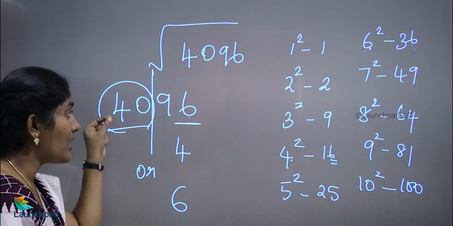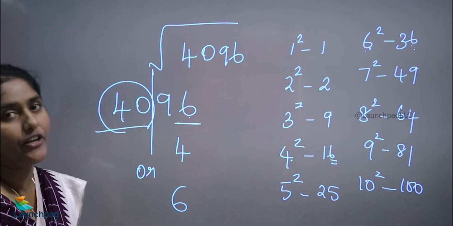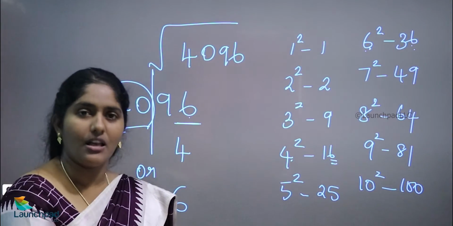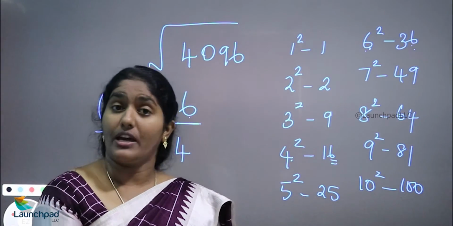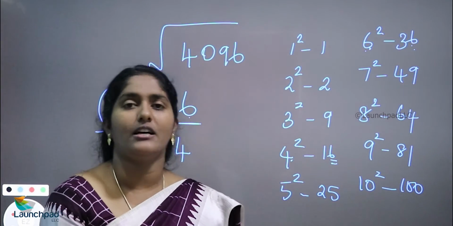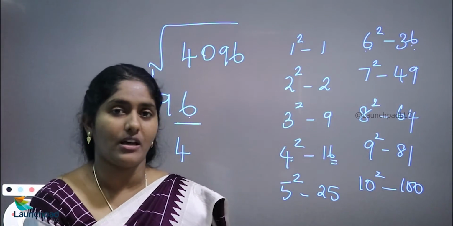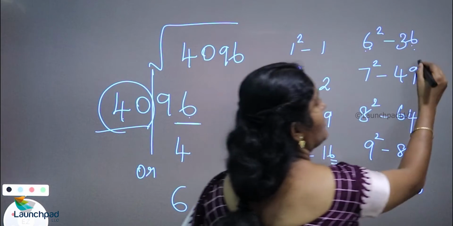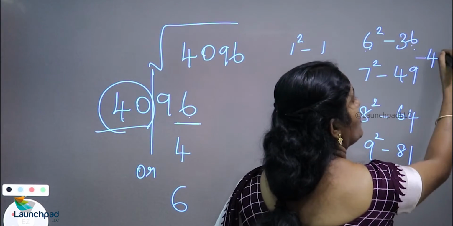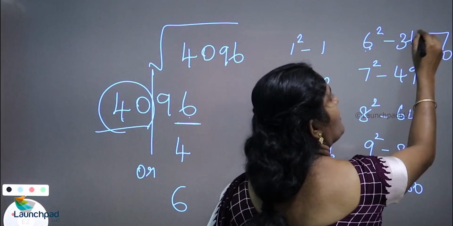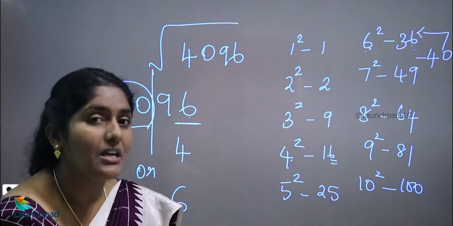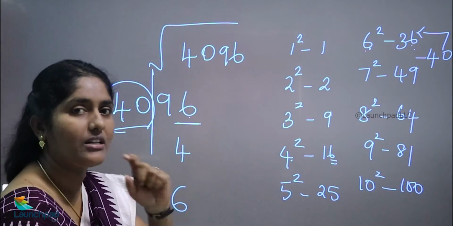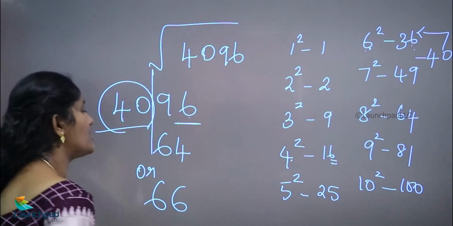Now you want to take this whole part value 40. 40 means there is no perfect square answer for this. If it is 36, we can correctly say that is 6 square answer. 49 is 7 square answer, 64 is 8 square answer. But here 40 lies in between 36 and 49. So in this case we want to consider our previous value. Which one is your previous value here? 6. 36 is the square of which number? That is 6. Your first digit is 6.